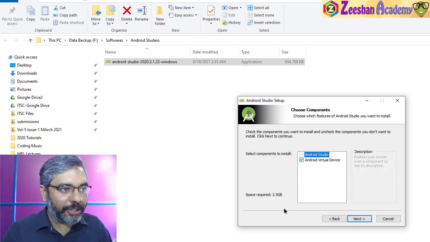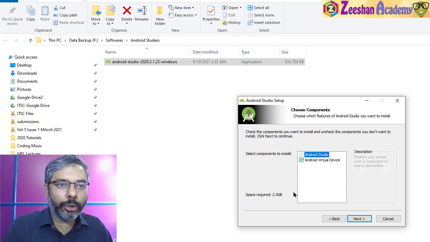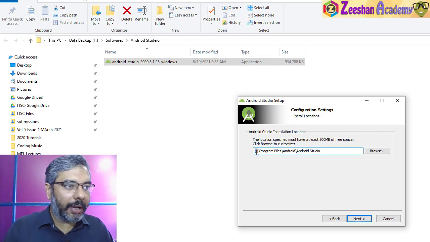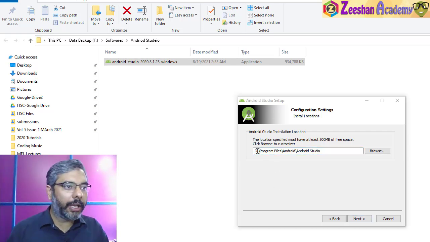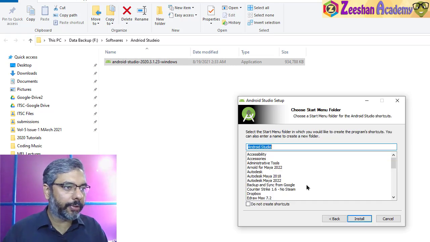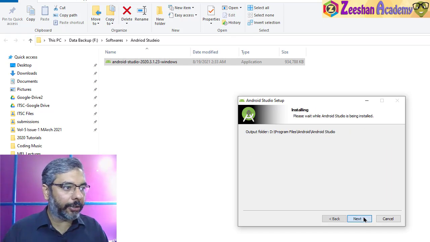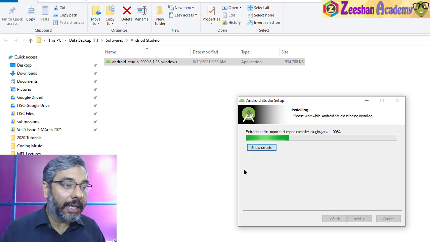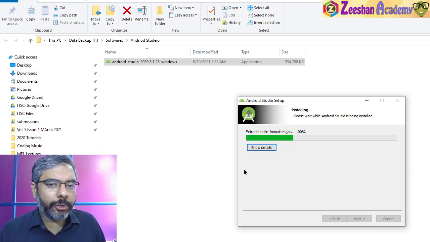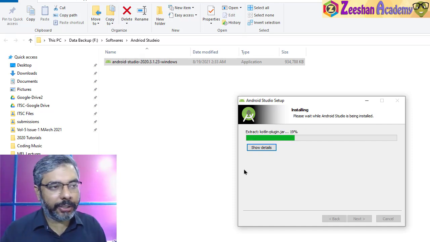The space required is 25 gigabytes, so do ensure that wherever you're going to install it, you have 25 gigabytes of space available. If I click on next, I will go inside my D drive and say install this in my D drive rather than my C drive, which I think is already filling up. Then it will ask you, should I create the icon? I said yes, next. Okay, that's it. That's the basic process of installing Android Studio. Double click on it, ask permission, next, that's it.